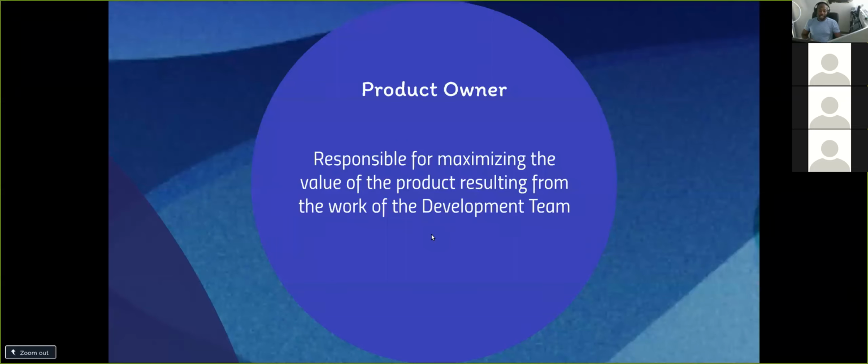They don't want their minds read. They want to type out what they want. You know what I mean? So that's the role of the product owner. And the product owner is the one who accepts the work done by the development team. So the way I like to think about it is that as a developer, the product owner is my customer, right? And the customer is always right. So if the product owner says, well, I don't want that, then there's no point in me building it. Okay? The next